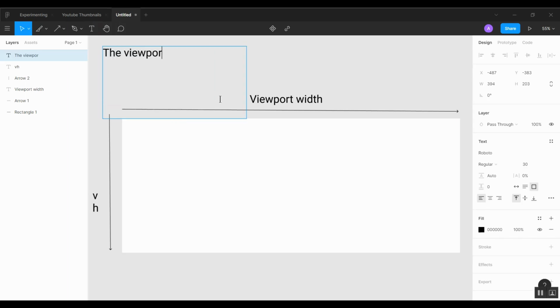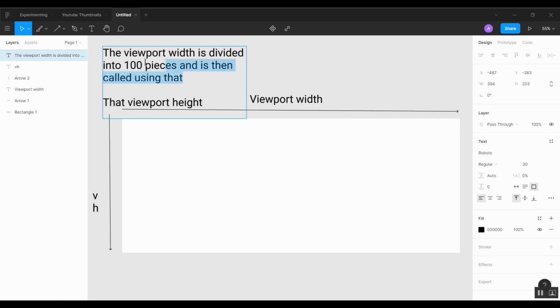The viewport width is divided into 100 pieces and is then called using that. It's not pretty good, but that's the best explanation I can give. Viewport height is